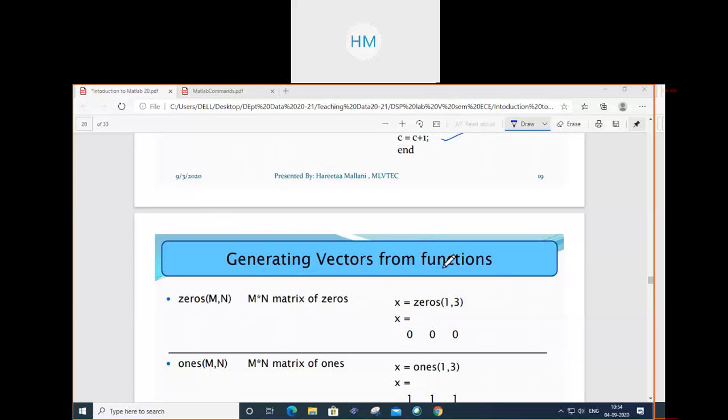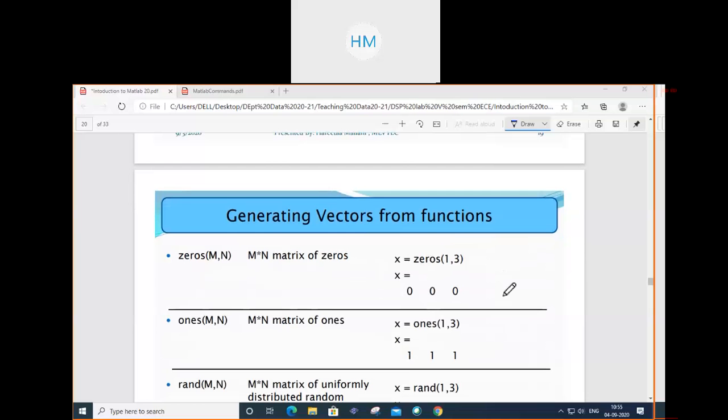Generating vector. And see, I told you earlier also, there are so many instructions no one can remember. The researchers, those who are continuously working on MATLAB, even they forget some instructions, so they have to continuously go to the help menu to see the working of that and to get the exact syntax of that particular instruction. So no one is expert, all have to work, trial and error you have to do, and you have to find your own instruction. But for that you have to continuously read the instruction set of MATLAB.